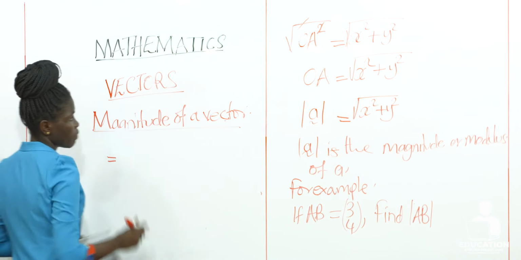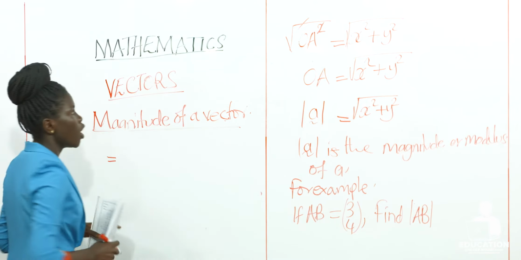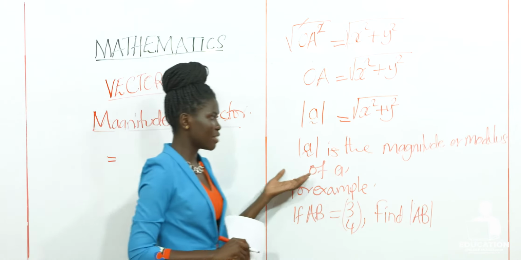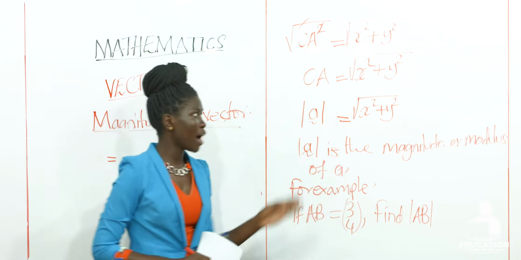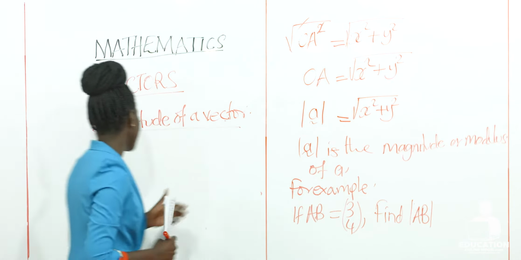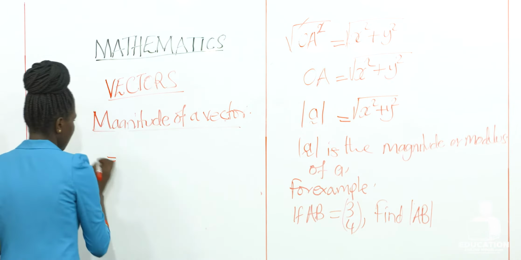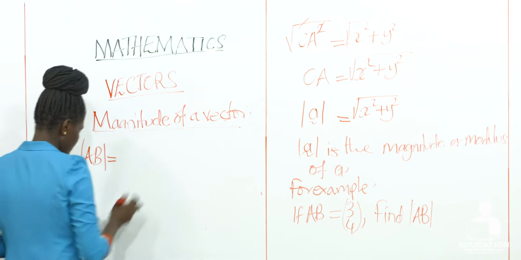We now know that the formula for finding the length is simply squaring the value of the x, the movement in the x direction, which is the horizontal movement, adding it, and also squaring the value for the movement in the vertical direction. So in this case, the magnitude of AB, or the length AB,